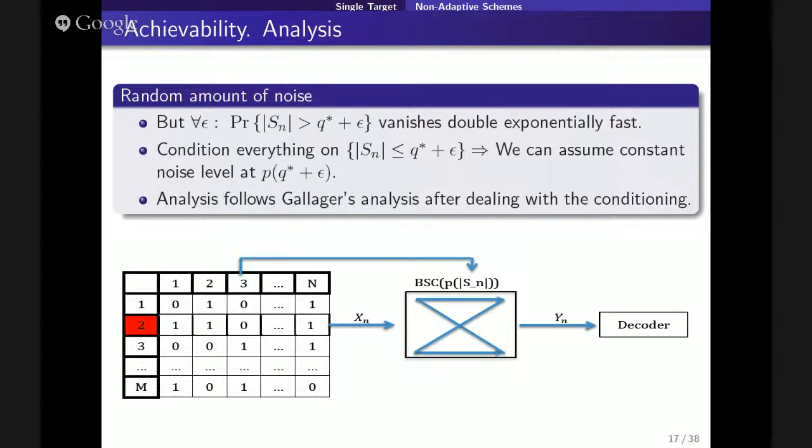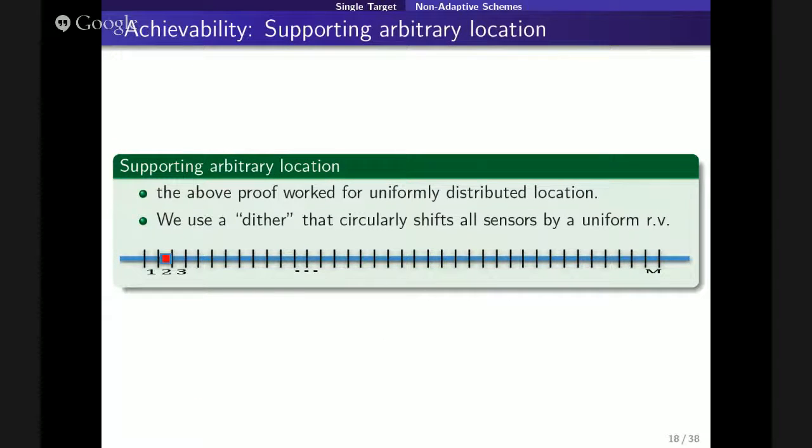So I didn't speak about the converse, and I will just briefly speak about it. I said that the target can be anywhere, there's no distribution on the target, and then I showed you some channel coding kind of construction. Usually in channel coding, you assume that the message is uniformly distributed over the set of messages. So we can move from just a number to uniform targets by using a dithering trick.